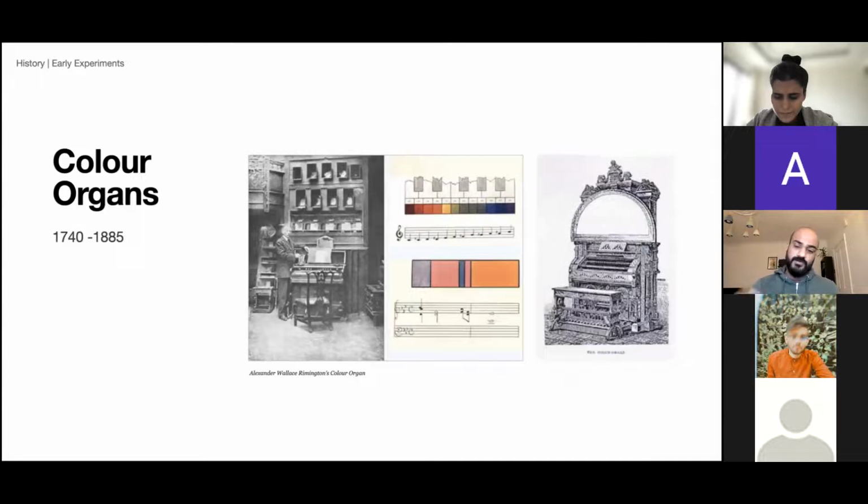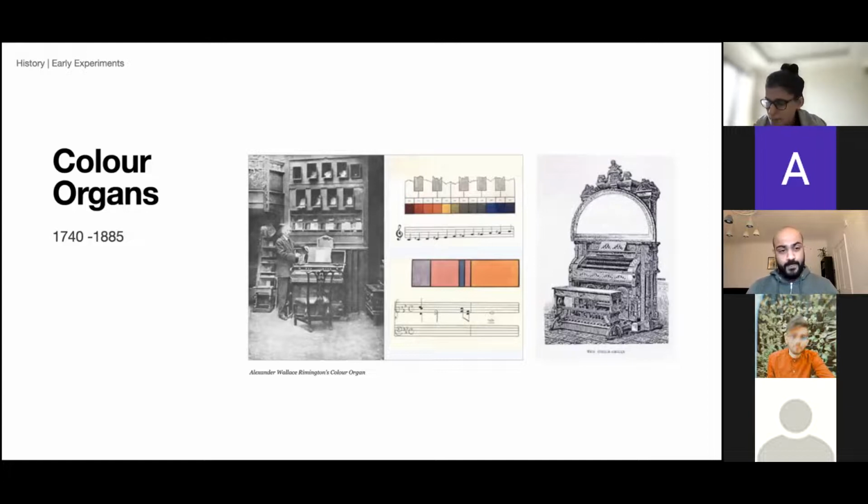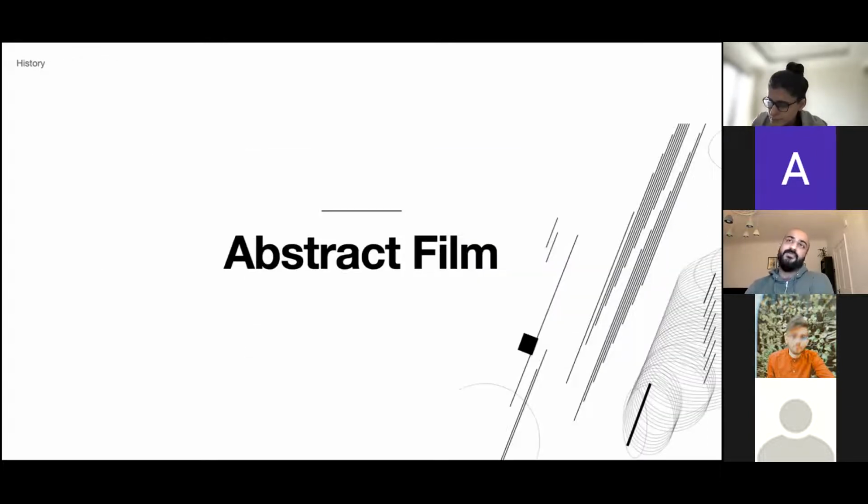So there were loads of inventors and creators who tried to retrofit existing pianos or harpsichords or organs to create these synesthetic audiovisual experiences in the early days, but they were still abstract and obviously quite clunky back in the day. But from there, if you go further down almost 100 years, you find the emergence of abstract